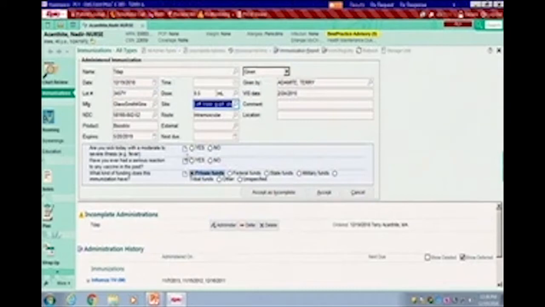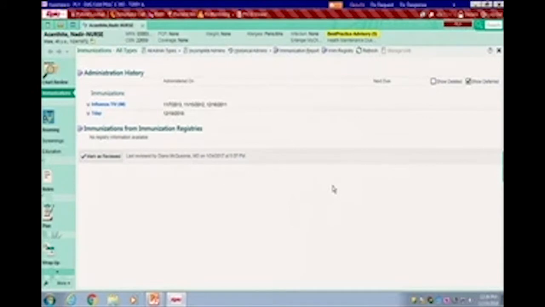And there are questions that need to be answered. And here is your accept as incomplete button if you should need it, but we are going to accept because I have entered in that information. Now it shows the Tdap under the administration history that it was administered on 12/19, which was today.